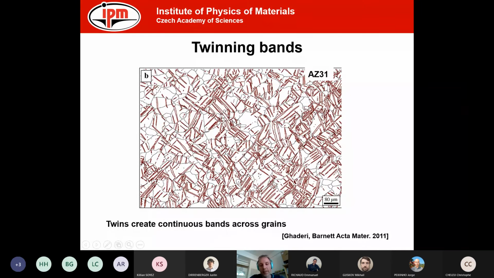So the twin in one grain triggers the twinning in the second grain, and it triggers the twinning in the third grain, creating a band of twins. So those were two conclusions, that the plasticity around the twin is very important, but also the twins in other grains influence the